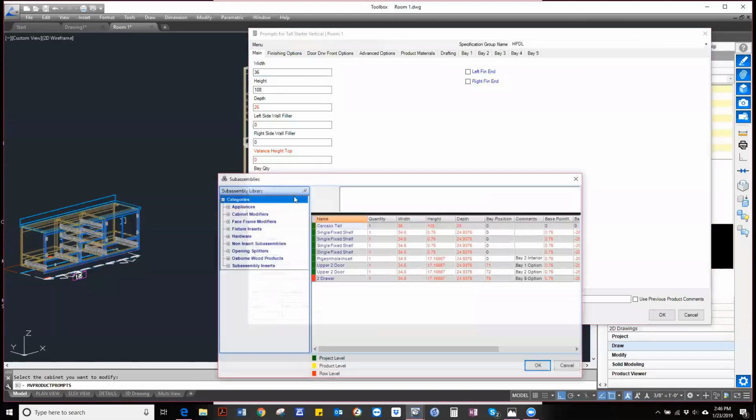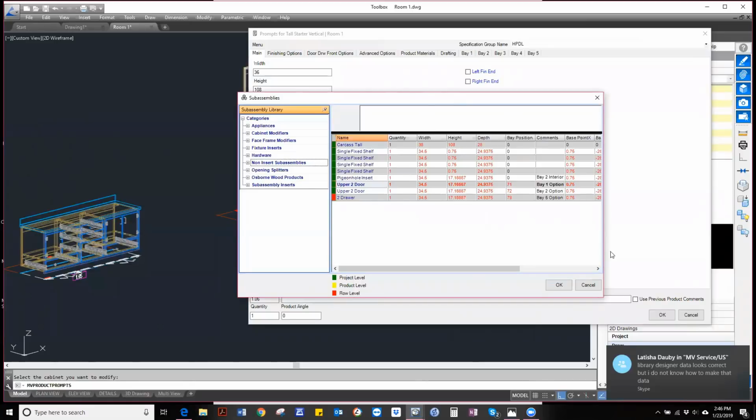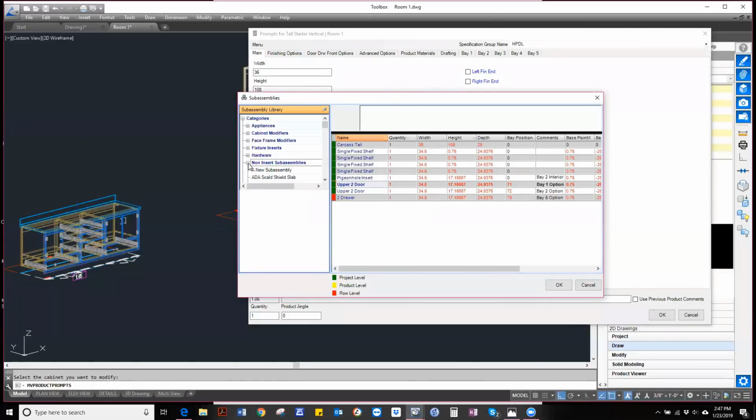So if I decided the inside of that one opening, I'm going to go ahead and subassembly inserts, and I want to put in a 4-drawer stack. I can add this in,